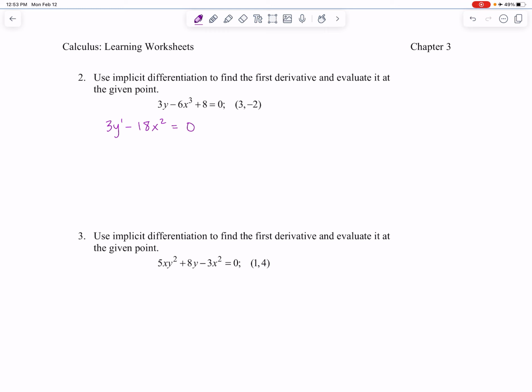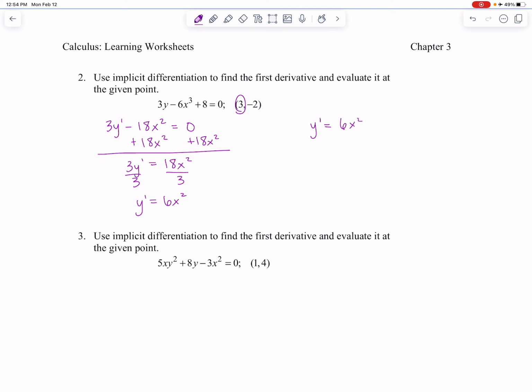So let's solve for y prime. Move the 18x squared over. We'll have 3y prime equals 18x squared. Divide by 3. y prime equals 6x squared. And now we can evaluate it at this point. So our x value that we're going to be plugging in is 3. So at y prime, our derivative,